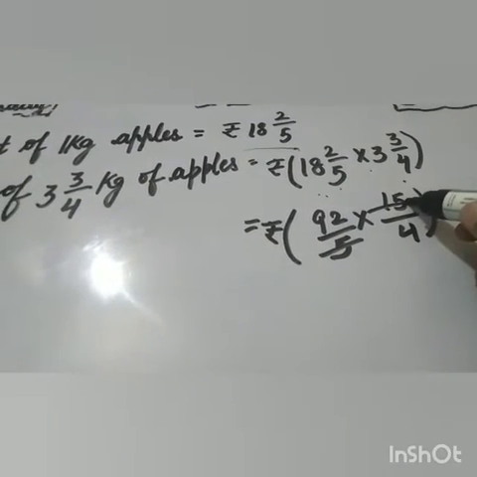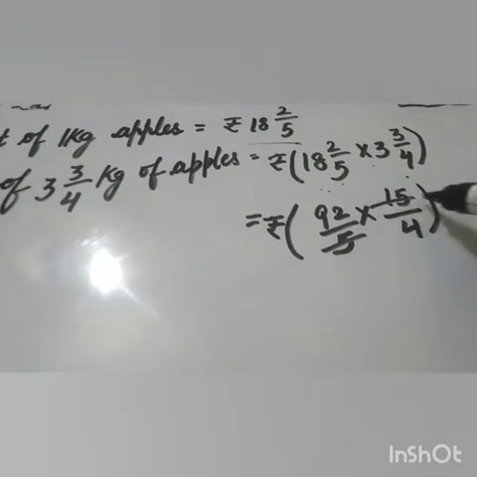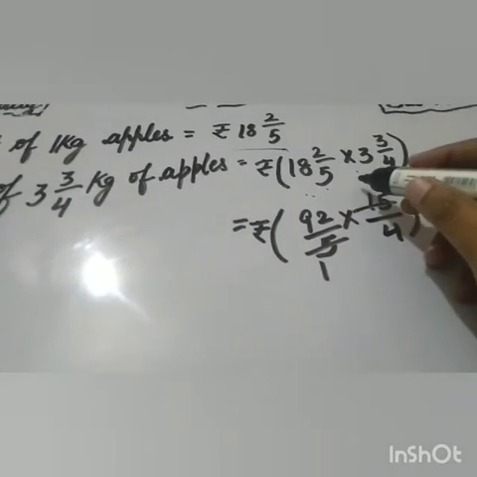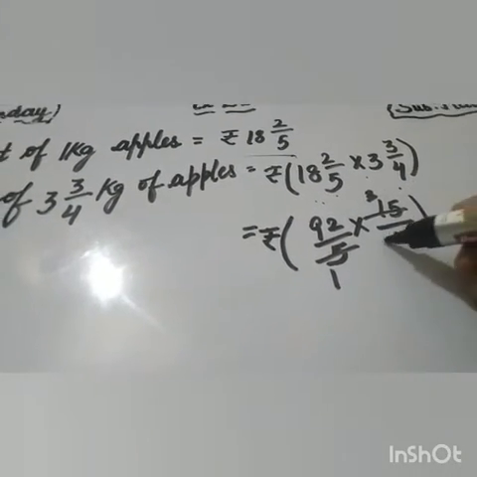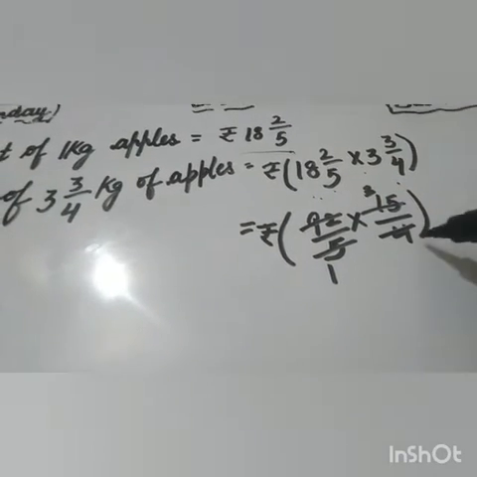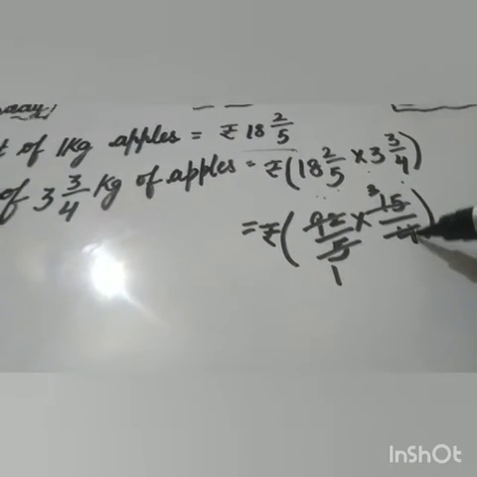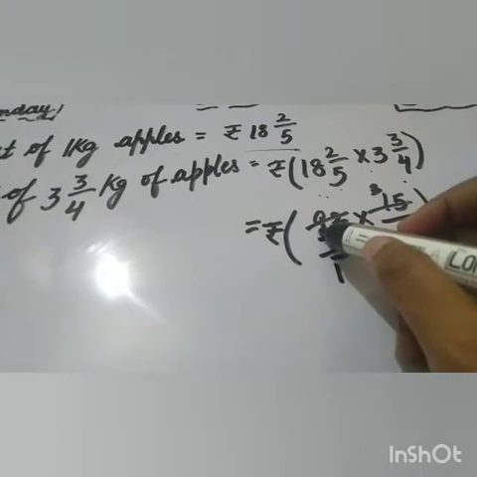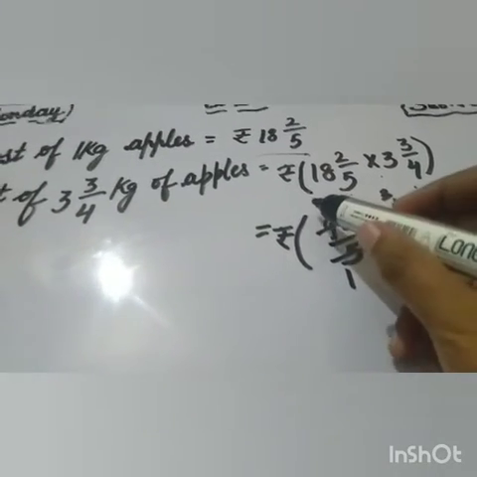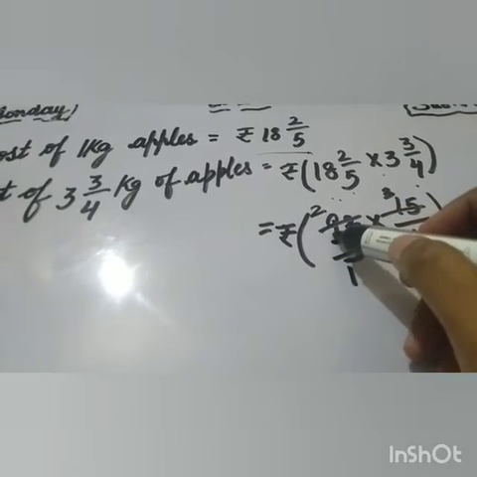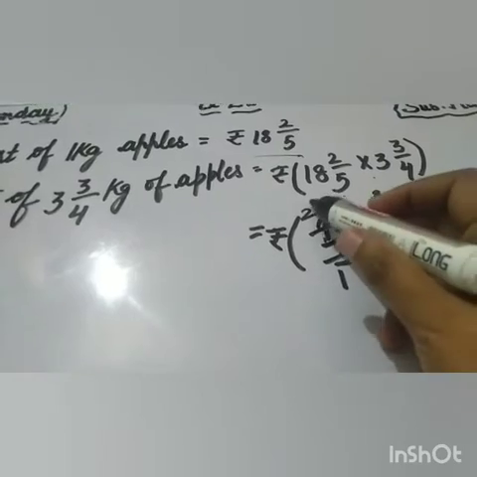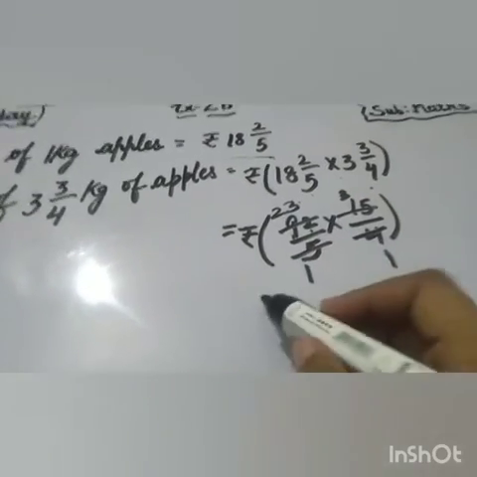5 and 15 both numbers can be cut on the table of 5. On the table of 5, 5 goes once and 15 goes 3 times. And 4 and 92, yes, it can be divisible on the table of 4: 4 goes once, and 9 is not divisible, so you have to take 8, which goes on 2. Now 1 is the remainder, 12, and 12 is on 3, which gives 23.